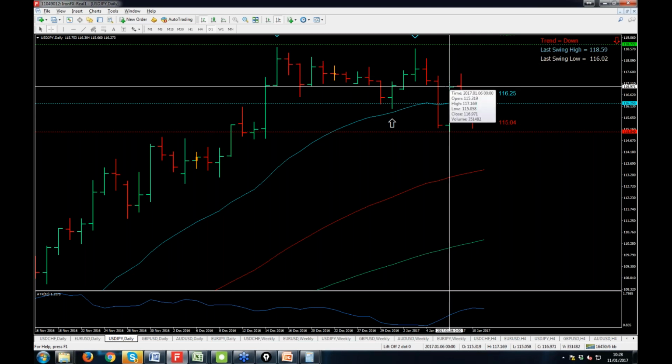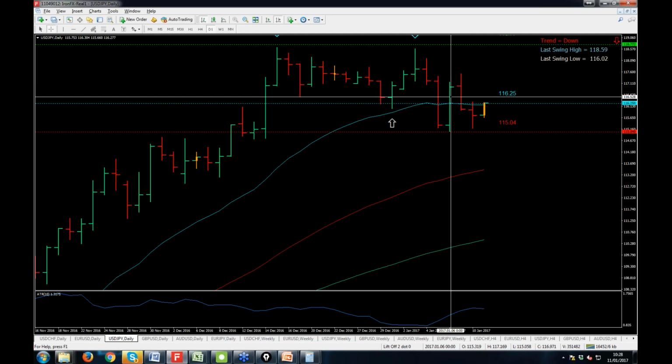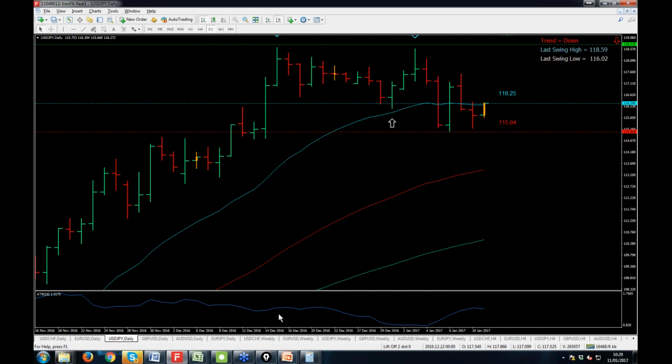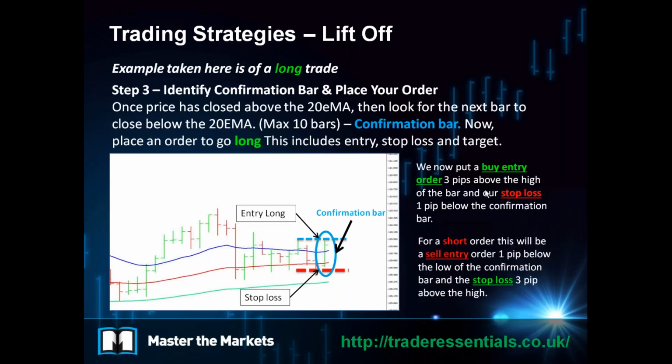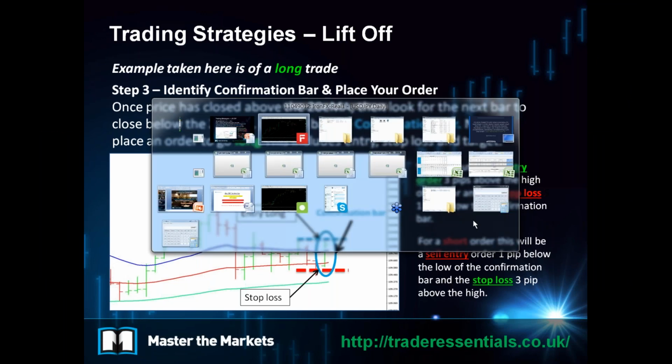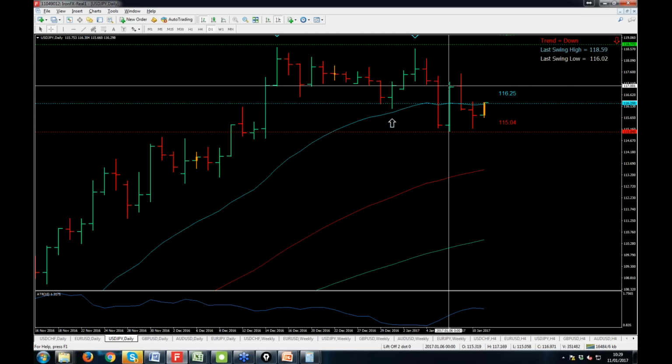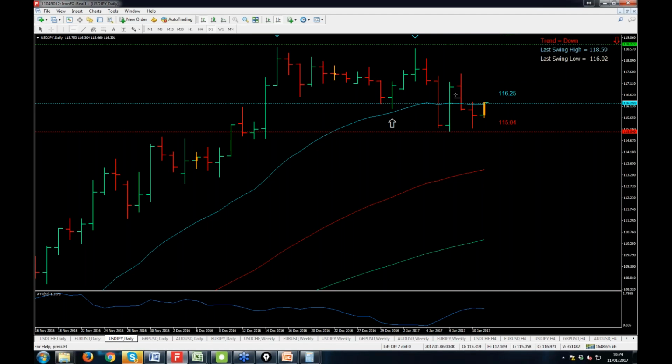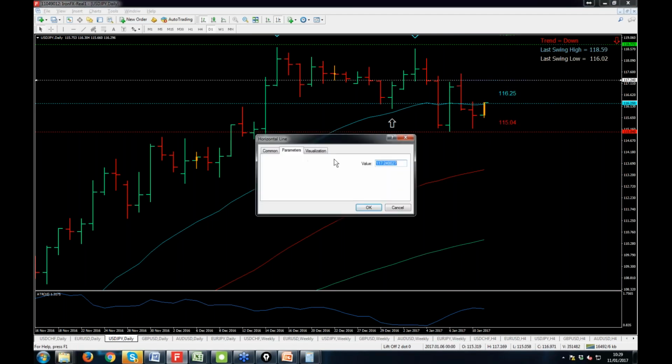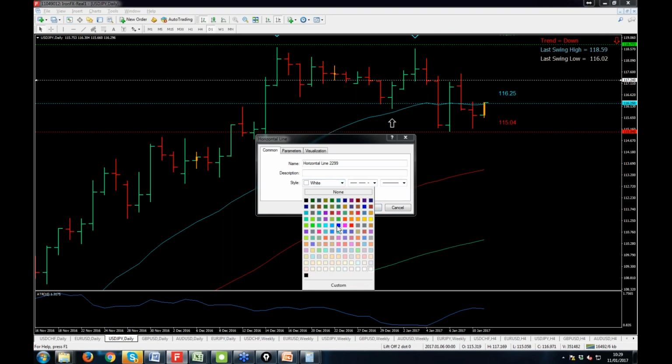So the order for the liftoff strategy would normally go like this. We'd have the high of the confirmation bar. The high of the confirmation bar, in this case the high of the dollar yen daily bar, is 117.16. So the entry will go 3 pips above the high of the bar, and our stop would go 1 pip below the confirmation bar's low. So here is the confirmation bar. The entry, I'm going to put it in a slightly different line just to make it nice and clear here. There we go. Let's put it in